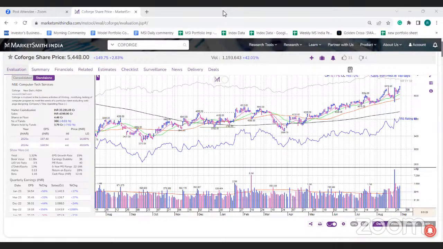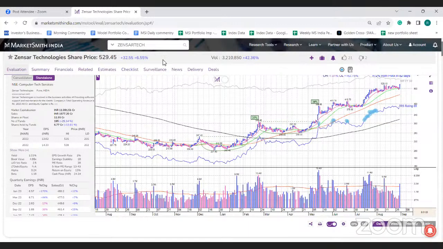Rushit, let's continue with IT. One of the users, Ramesh D, has a question on Zensar Tech as well. Since we are doing IT, let's do that. And let's also cover a couple of these metal stocks that we briefly alluded to. So once we do Zensar Tech, we can complete Ramesh's query with Jindal Steel and Hindalco. Okay, sure.